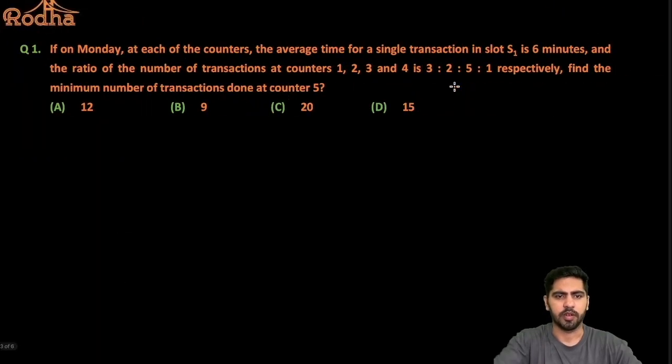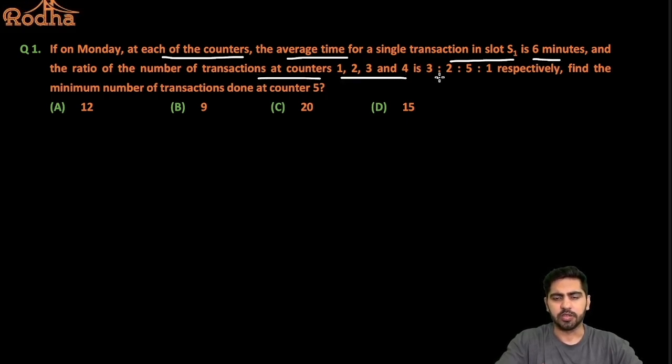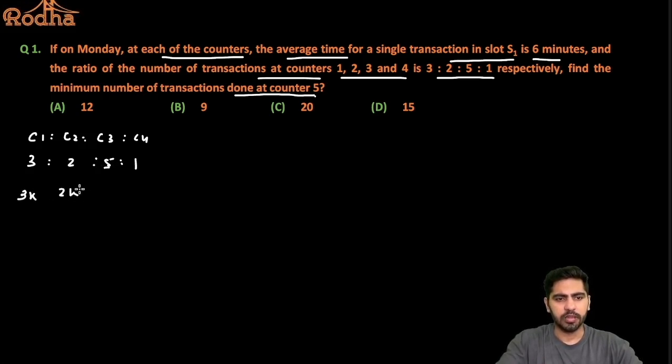Let's start with the first one now. It says, if on Monday at each of the counters the average time for a single transaction in slot 1 is 6 minutes, and the ratio of the number of transactions at counters 1, 2, 3, and 4 is 3 is to 2 is to 5 is to 1, find the maximum number of transactions done at counter number 5. So let us say the transactions done at counters 1 is to 2 is to 3 is to 4 are in the ratio 3 is to 2 is to 5 is to 1. So let's say this is nothing but 3K, 2K,